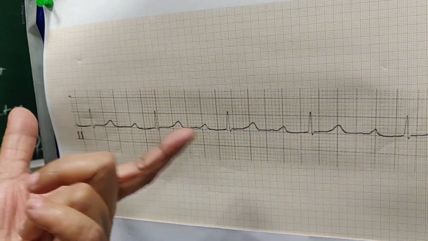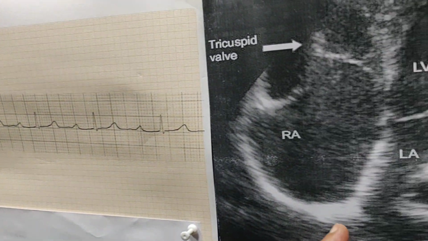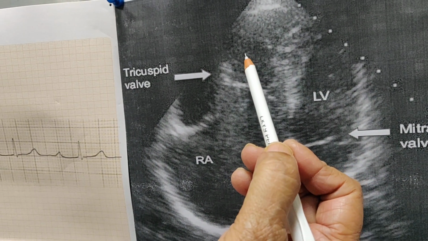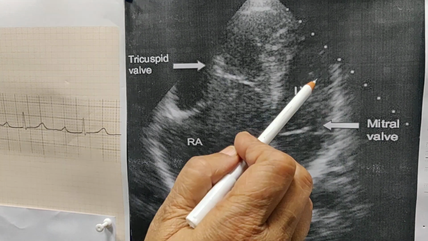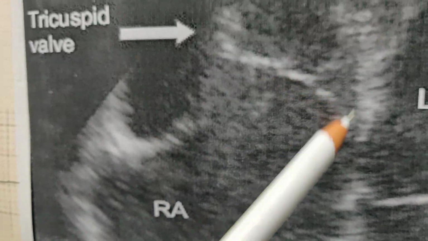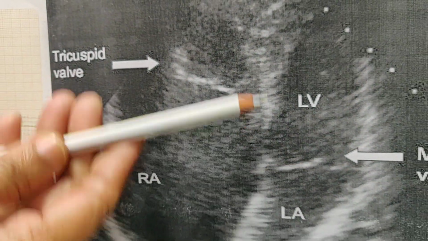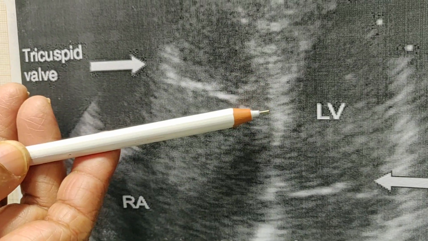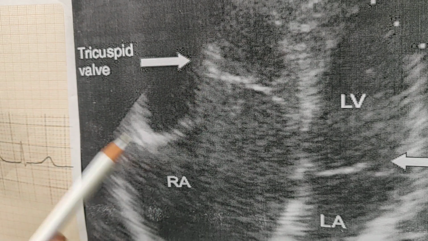This is how idiopathic first degree AV block looks like. Now the next is Epstein's anomaly. This is a picture of Epstein's anomaly. Now this is the right ventricle, right atrium, left ventricle and left atrium. Now look at the mitral valve. Here is the insertion of the mitral valve. And look at the tricuspid valve. The septal leaflet has so much of a gap like this. It is so much shifted apically. It should have been like here, but it is so much shifted apically as compared to the mitral valve. And this tricuspid valve is like a sail, this anterior leaflet.